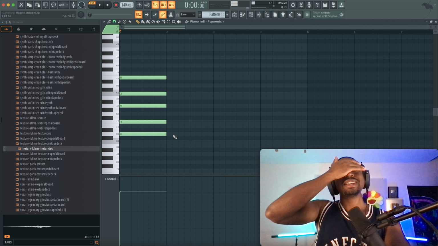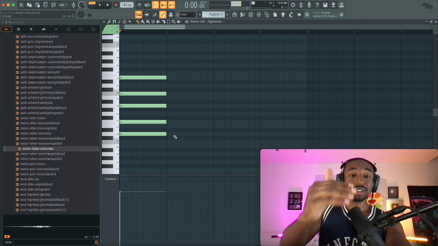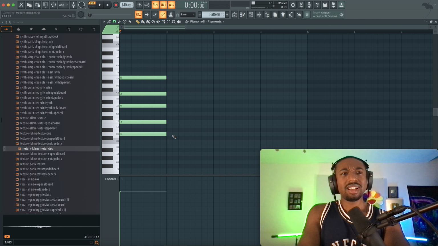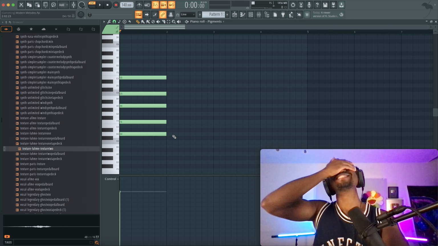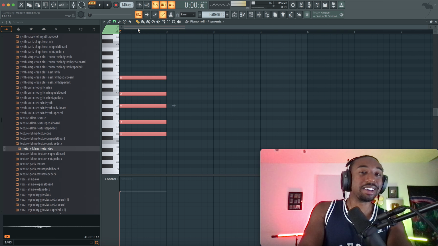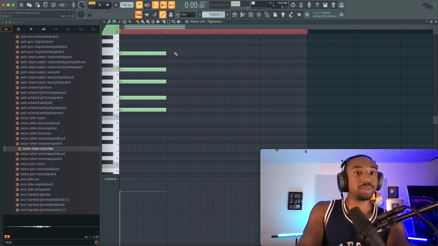What am I hearing? That's so insane. So every note is a different sample potentially. How did y'all let me sleep on this? This sounds so fire. Oh my God, I'm so hyped right now. Okay, so let me create a chord progression here. Now we're gonna get into music theory.